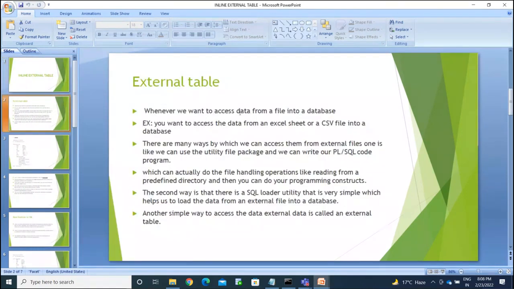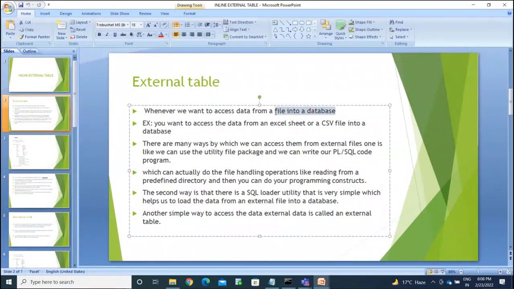Whenever we want to access data from a file into the database, you are accessing the data from a file. You are not loading the data. You are accessing the data from the file using a table. For example, if you want to access the data from an Excel sheet or .csv file into the database,